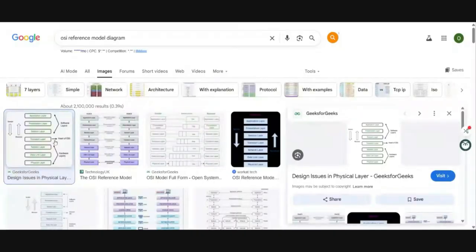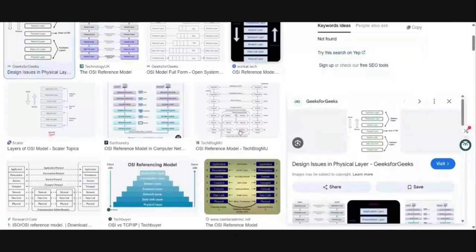Let me share my screen back. Okay. I think if you can see,